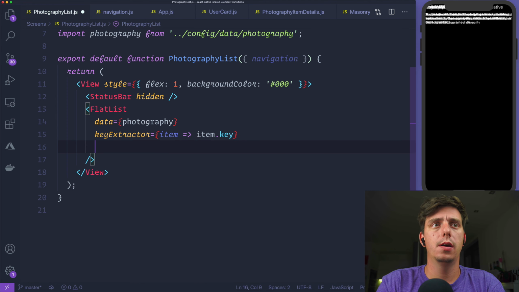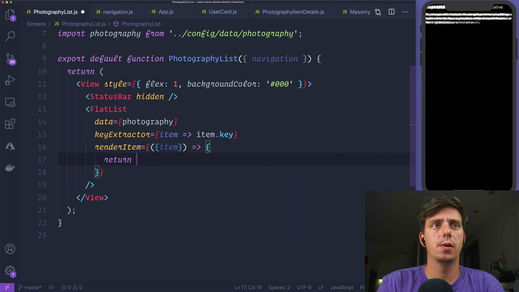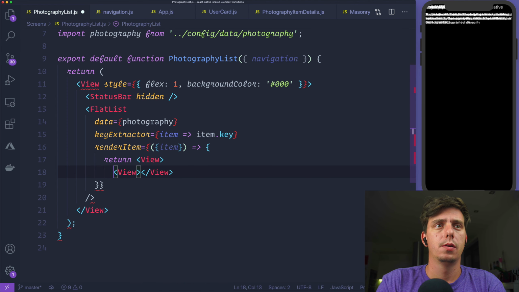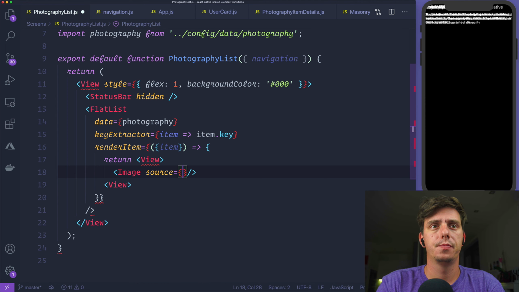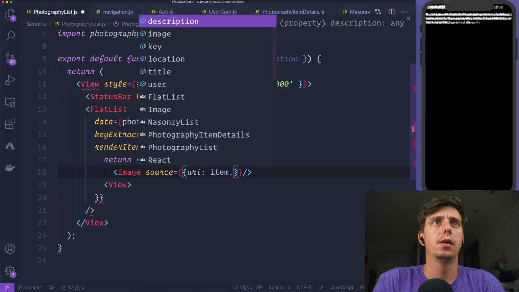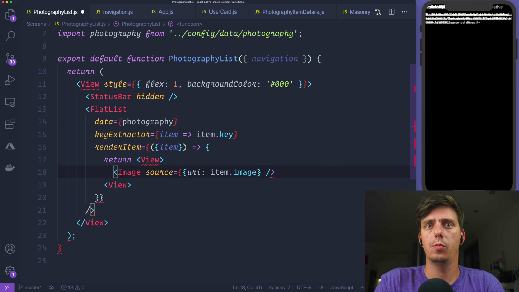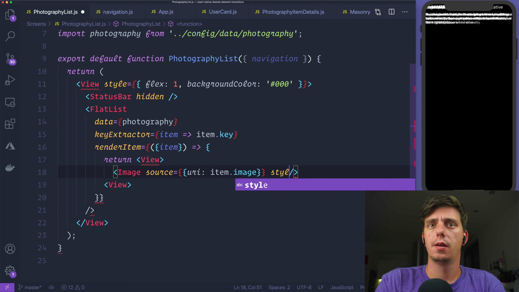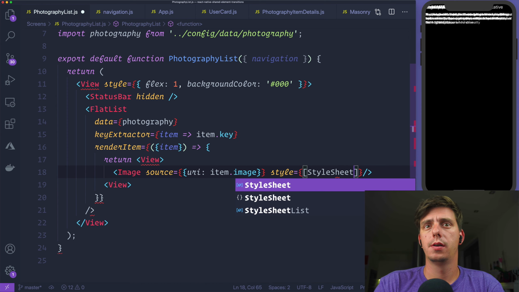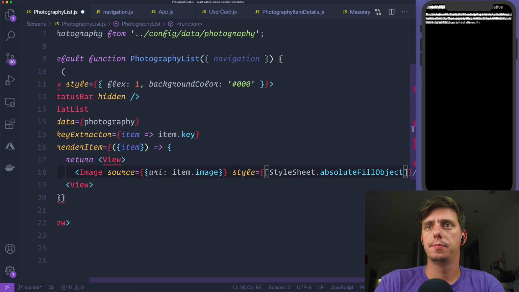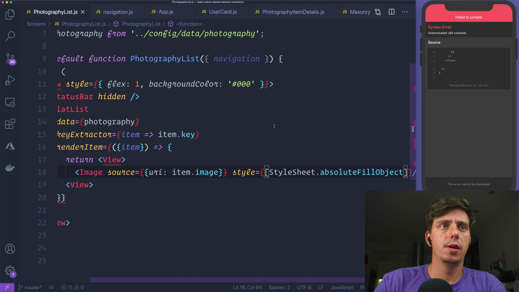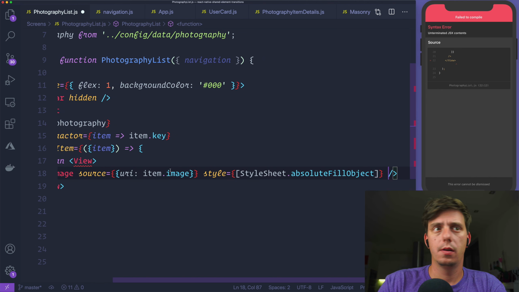Key extractor, item and item key, and for the render item I'll get the item and then I'll display a view, and here inside I would like to display an image with a source of item URI item dot image, right? And I'll pass some styles. I'll position this style sheet, and let me import it absolute fill object. Hit save,